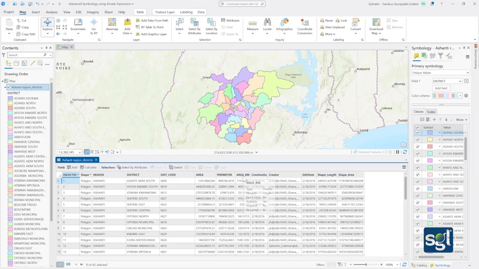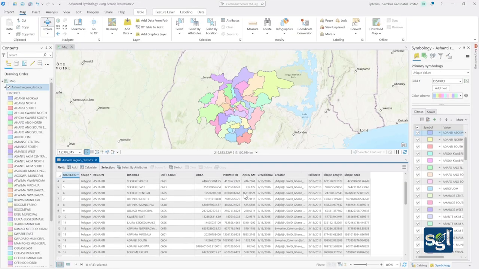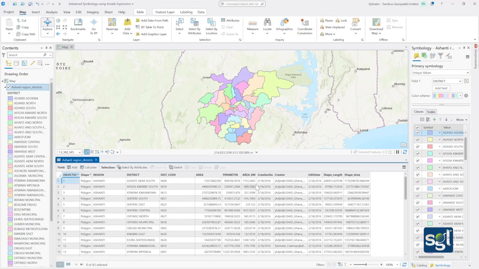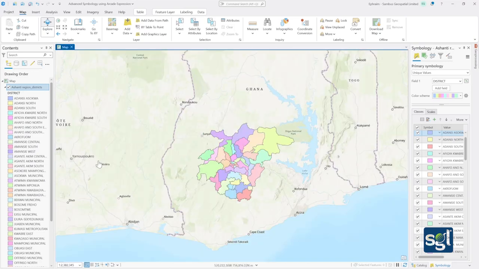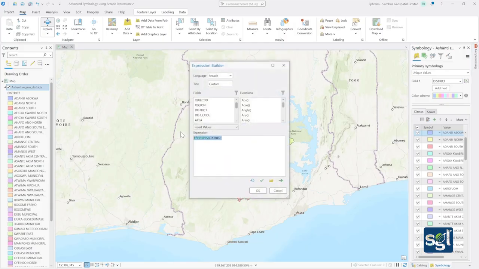So we are going to use the area KM. So the area KM is what we are going to use at this moment. So now you can see the area KM and the values in there. Okay, so we can now close our attribute table. Then we go back to the expression. We clean the already existing one. Then we type in